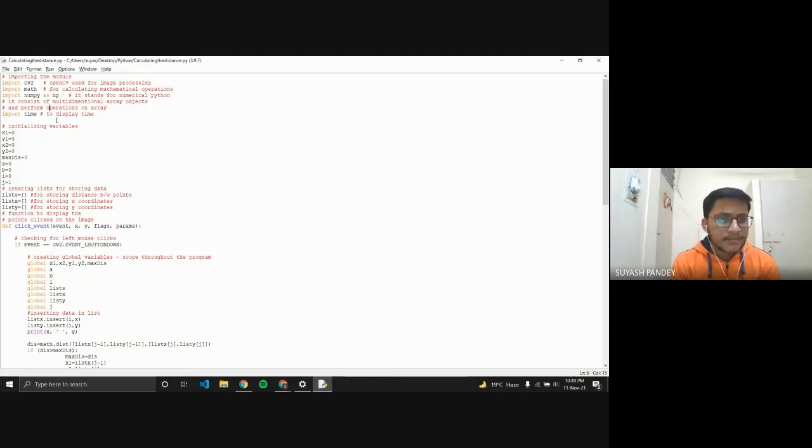Now we have created a function to display the points that we have clicked on the image. The name of that event is click_event. In that event, we have taken five parameters, that is event, x, y, flags, and params. And for checking left mouse clicks, we have used the command event, that is a parameter, is equal to cv2.EVENT_LBUTTONDOWN. That means if event double equals left mouse click, then the program